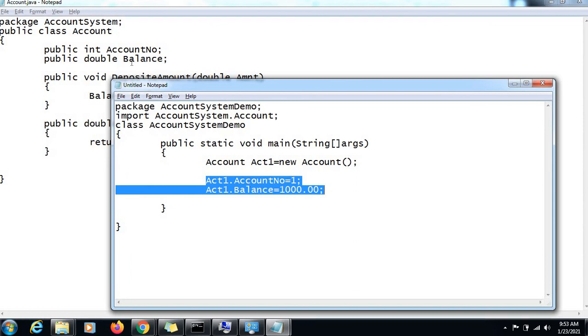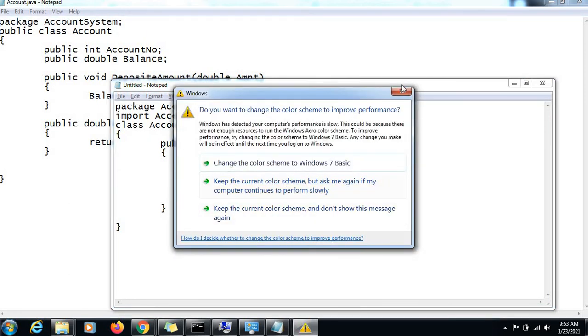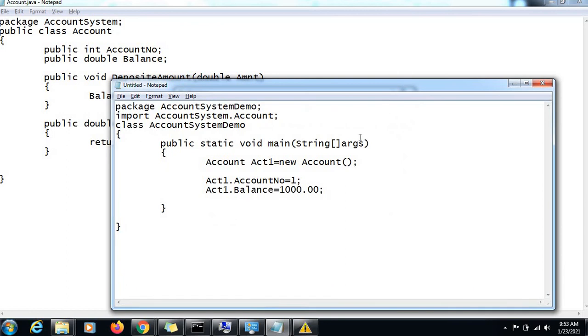Because if you expose these things, the account number and balance, to the outside world, then you can set the values to these variables n number of times. Now let's consider the account number from the context of the application we are building, guys. When you go to the bank, you open an account and you get the account number only at the time of opening the account. During the life cycle of your account with the bank, you cannot change the account number, isn't it? You have to just use the same account number.